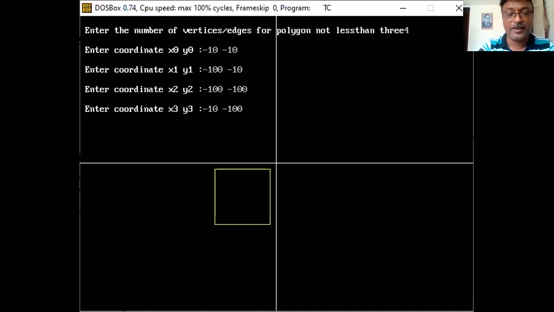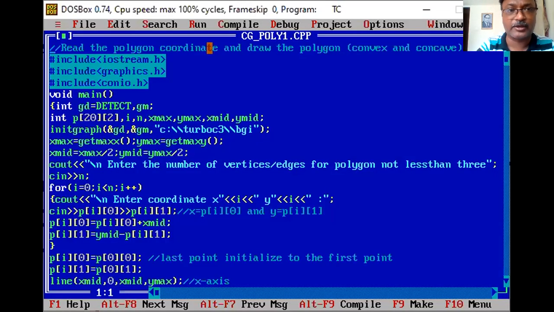Now suppose I am going to modify these square coordinates to make a convex type of polygon. So again you have to execute it.